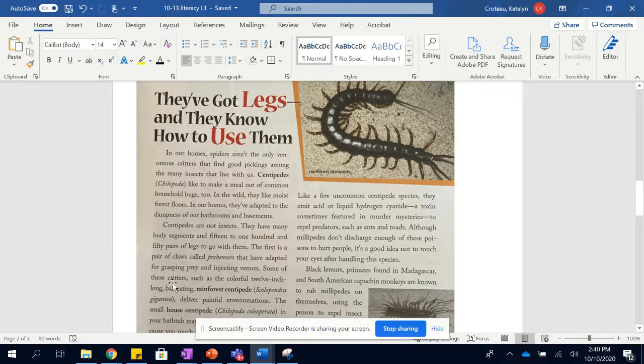Some of these critters, such as the colorful 12-inch-long bat-eating rainforest centipede, Scolopendra gigantea,